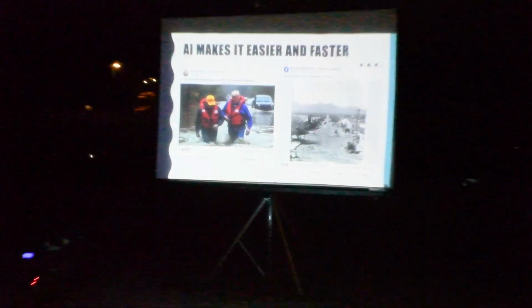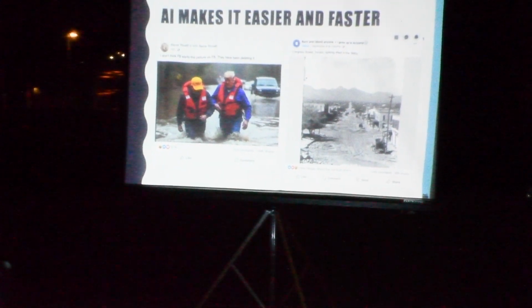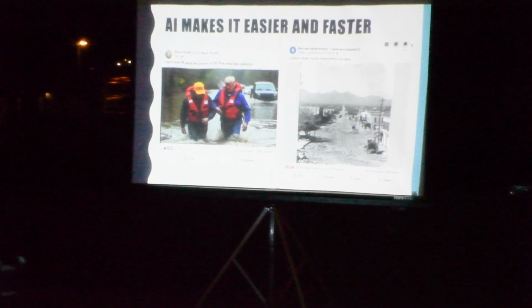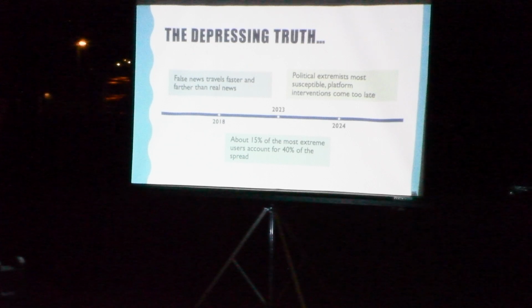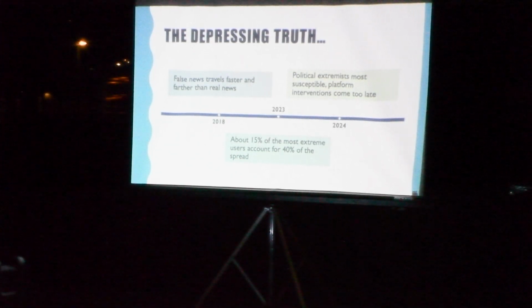These are a couple images that popped up on my Facebook feed recently, and so I took some screenshots of them. Real or fake? Both of them? The one on the left is fake, the one on the right is also fake, and I'll show you why. The depressing truth about disinformation